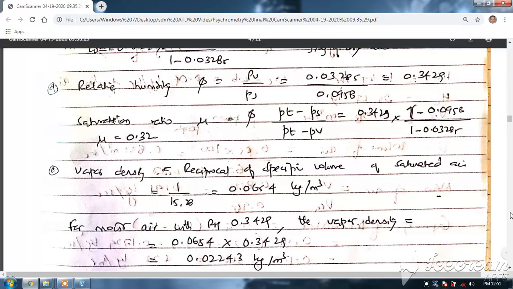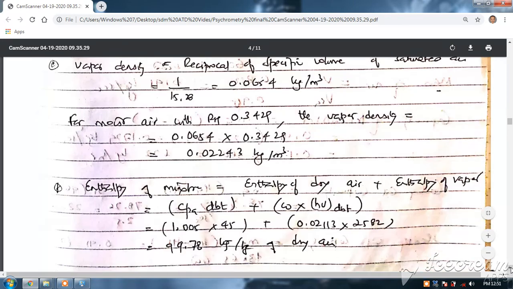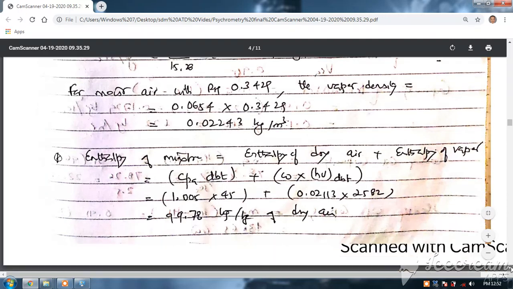Now vapor density is equal to the reciprocal of the specific volume of the saturated air, that is 1 by 15.28. So you got 0.065 kg per meter cube. Okay, for moist air with relative humidity of 0.3429, the vapor density is equal to 0.06529 into 0.34. So you got it as 0.2243 kg per meter cube. I am talking about moist air, total air, because here the relative humidity is 34%. Now enthalpy of